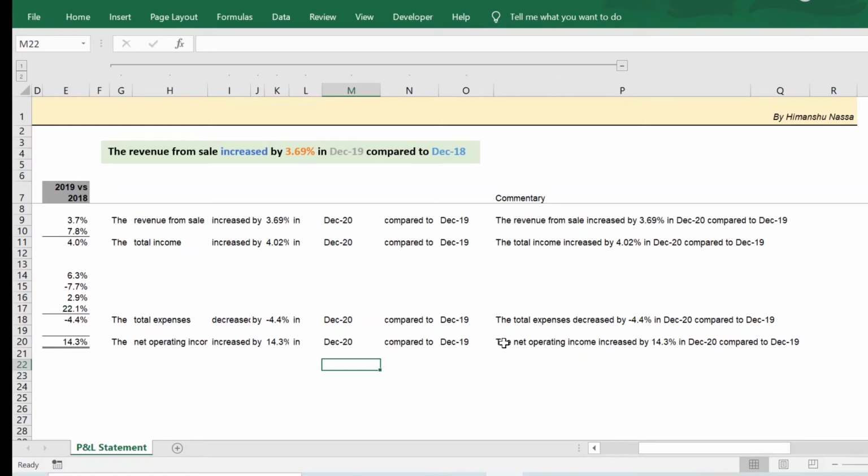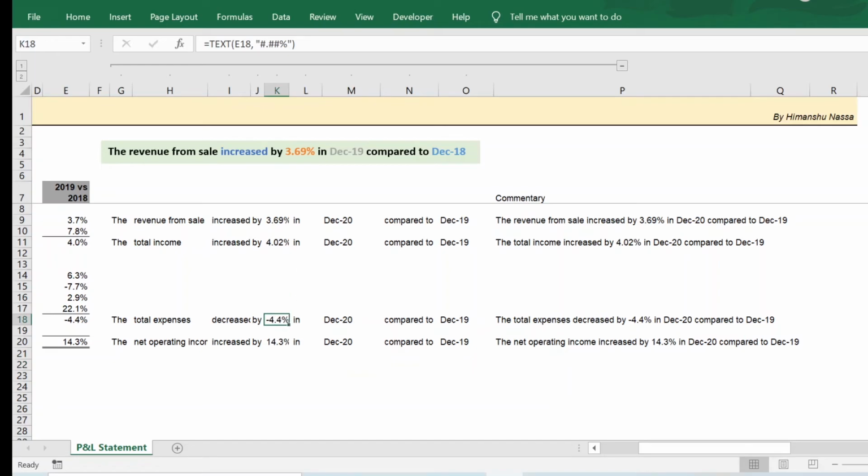Now, one thing I noticed, the total expenses decreased by minus 4.4% in December 20 compared to December 19. Now this does not look appropriate because once I have already specified decreased, I should not have a negative sign over here.